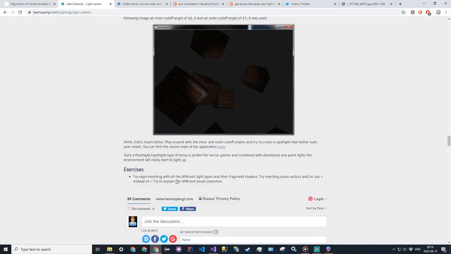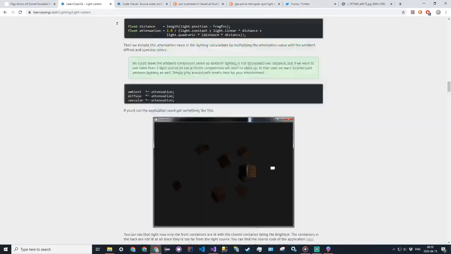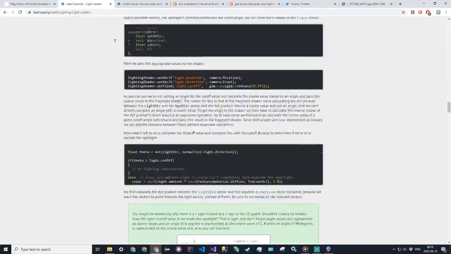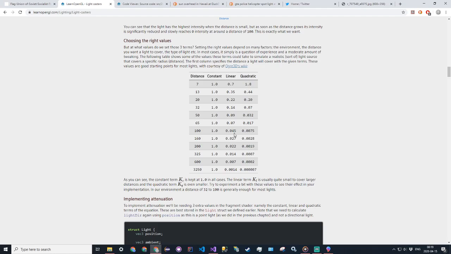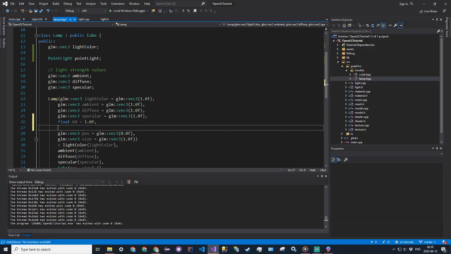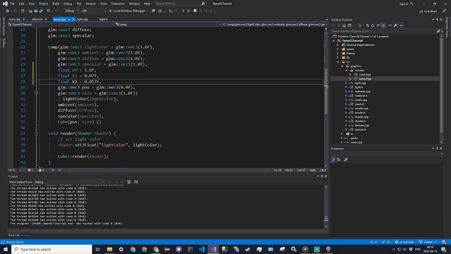We were using the 0.07 and 0.017. So float k1 is equal to 0.07f, and then float k2 is equal to 0.017f. And then instead of initializing ambient, diffuse, and specular, we're going to say initialize